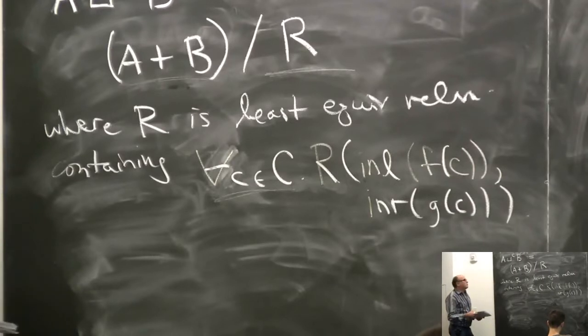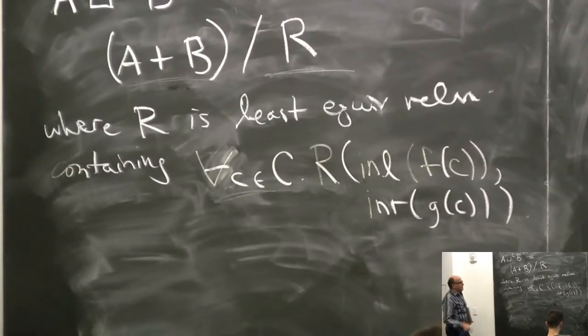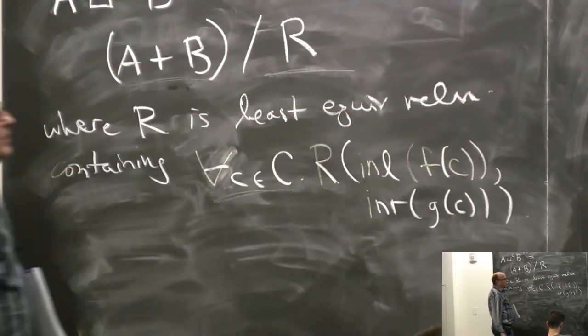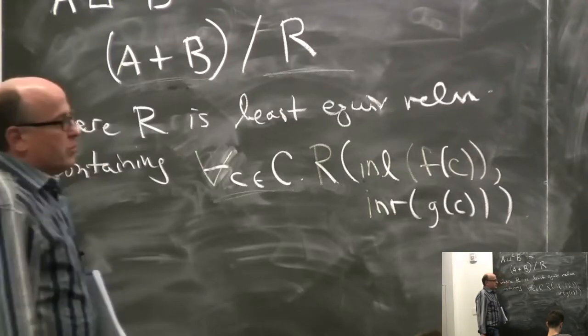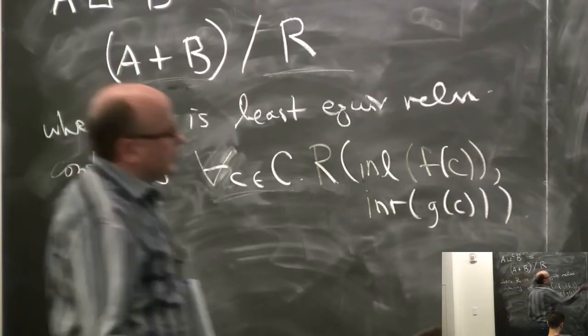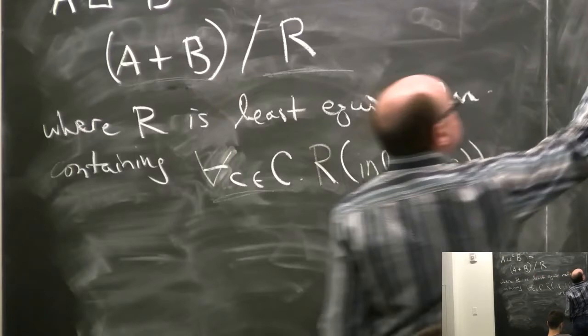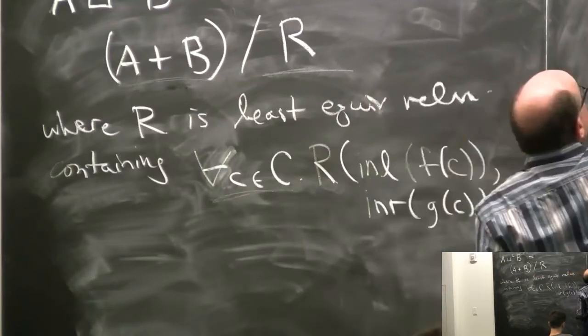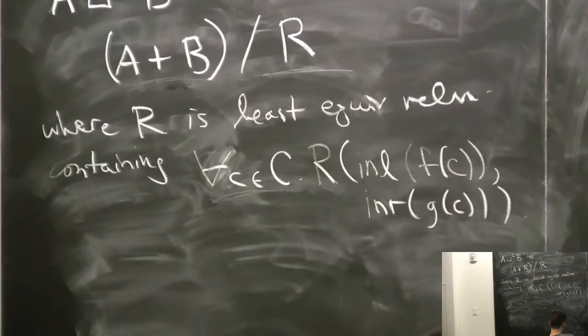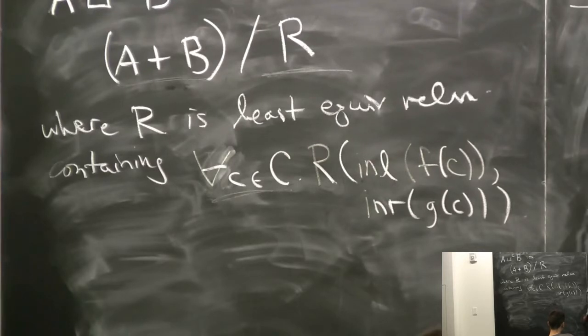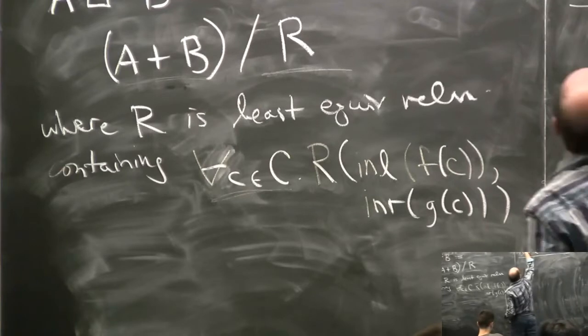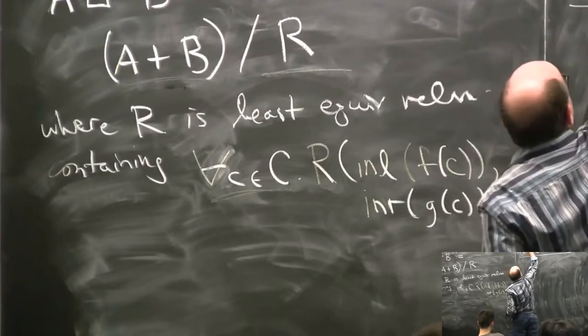Okay, so this broaches two subjects for me. This broaches the higher inductive definition of the push-out, and it also broaches the subject of quotients. So that's why it's useful. Okay, so how do we define this as a higher inductive type? Okay, so first of all, that's not such a good idea. I should really call this the push-outs